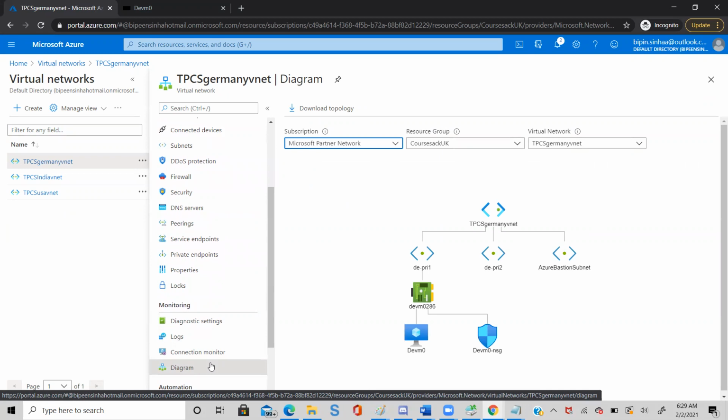So it is going to show you everything: you have a TPCS Germany VNet on the top, and then you have 3 subnets, and then your private subnet has 1 virtual machine. Correct. So you can download this topology. You have a download topology button on the top.